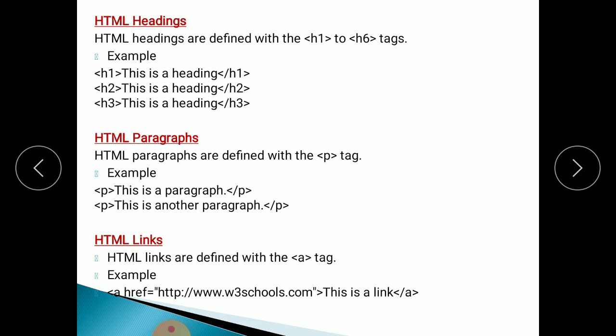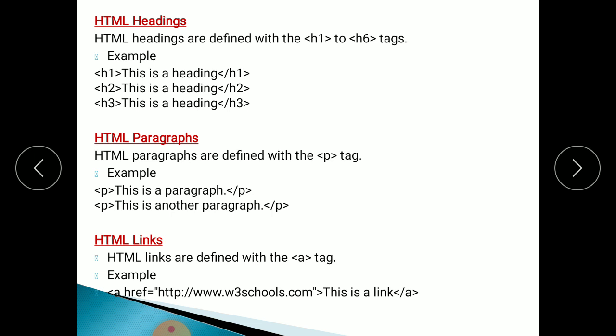If you want to go to the second page, first close the first page, then go to the second page, click that link, and open the second page like this. To jump to the second page, link the first page to the second page, meaning the second page's address is placed in the first page. If you click on that link, your cursor suddenly goes to the second page. That is called a link, meaning how one page is connected to another page.